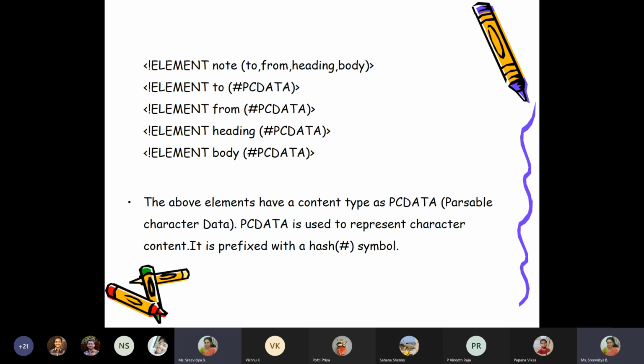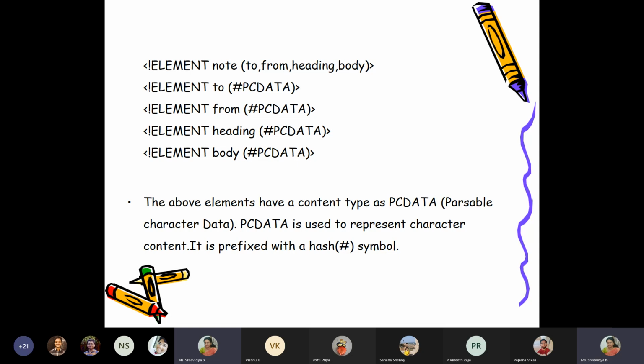I need to declare those child tags also. So in our example, we said note is the parent tag which contains four child tags, to, from, heading, and body. We wanted to now declare these four tags also. So that has been done in the next four lines.